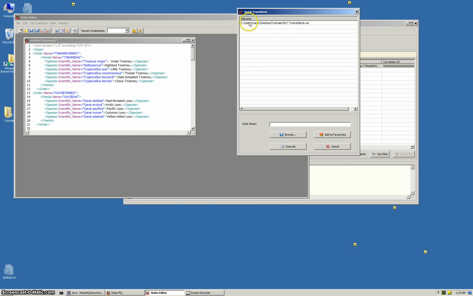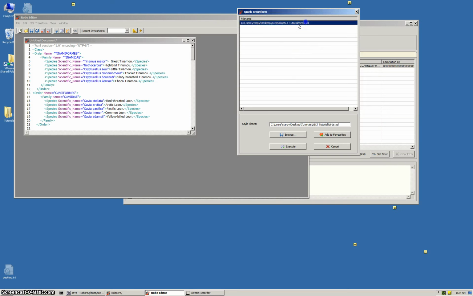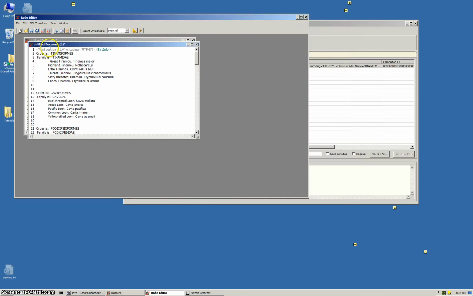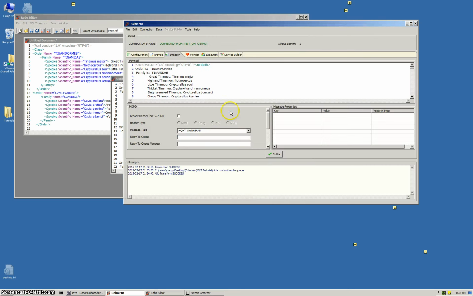It also has a little database within it for favourites, and I've used this one before, so I could browse and select it manually, or I could just double click on the favourite and it will execute the transformation. Because I've just executed that, it now appears in the recent style sheets. So this is the output of the transformation. It's basically the original XML document with the markup stripped off it. So if we send that now to the injection window,